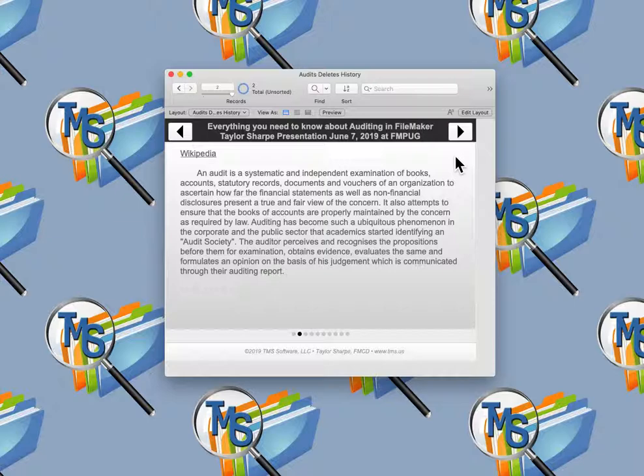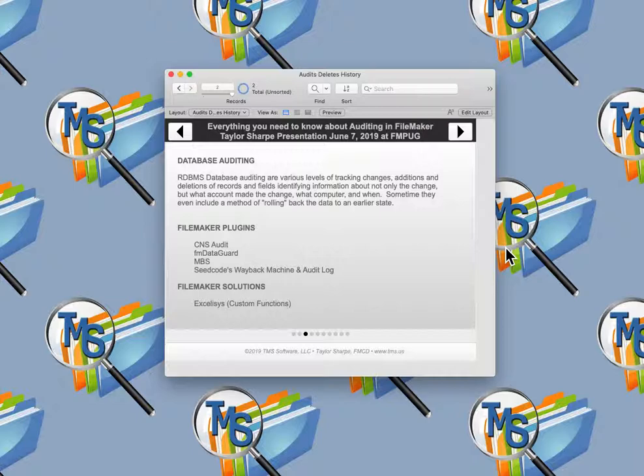Audits are something that are required sometimes, or just a matter of the developer needing to know when changes are being made and who's deleting or changing things. They can be driven by company policy, or they can be regulatorily or statutorily required. So there are various reasons that we might want to keep track of changes and deletes and things like that